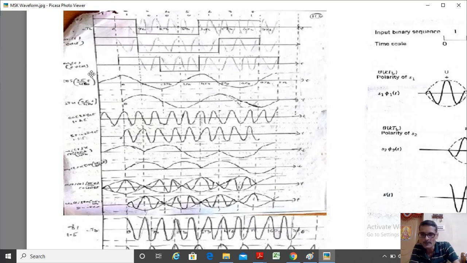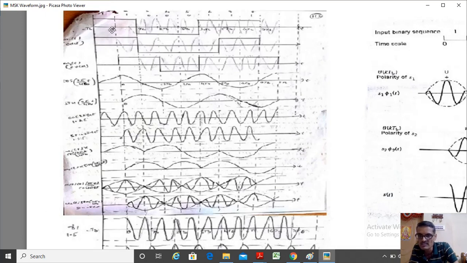Now I will choose the cos signal and the sine signal. The cos signal is given by cos 2 pi t by 4 TB. That's what I have taken there. The other one is a quadrature signal, that is sine 2 pi t by 4 TB. That's what I have taken. And just look at this. Both the signals, this cos signal is present. This is the 0 line, the reference line. This is minus TB. This is TB, 2 TB, 3 TB, the bit intervals. Okay, this is minus TB. You can see over here.